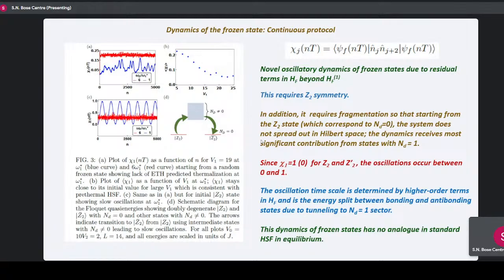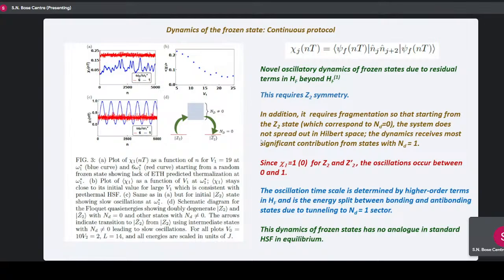No, so the point is that the question is, when does this violation show up in any operator that you measure? And the answer to this is that it shows up after a long pre-thermal regime. And that pre-thermal regime is exponential in the drive amplitude. So the idea is that within a very large pre-thermal regime, only the first order term is dominant. The commutant algebra and everything is going to be approximately valid here. That formalism works for that part.